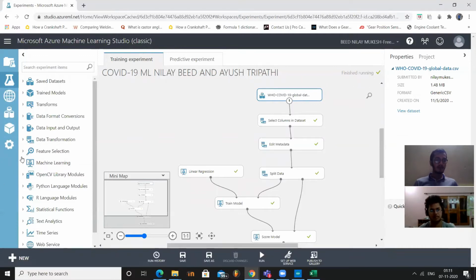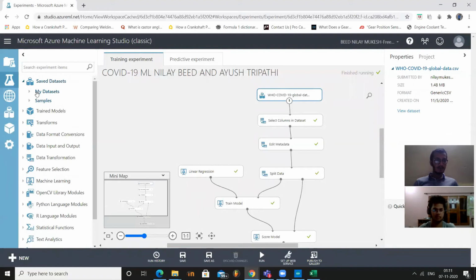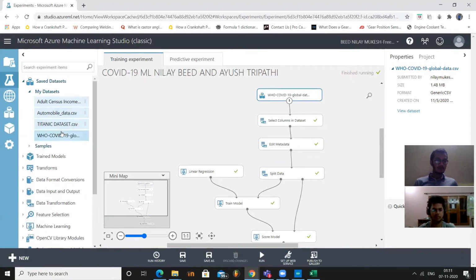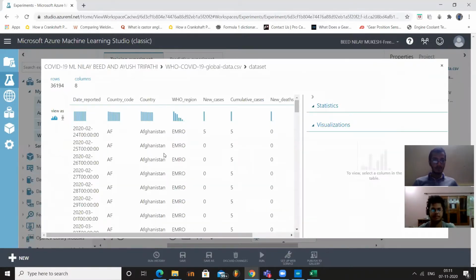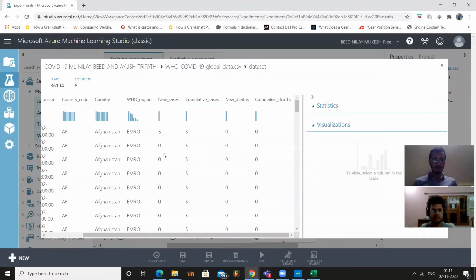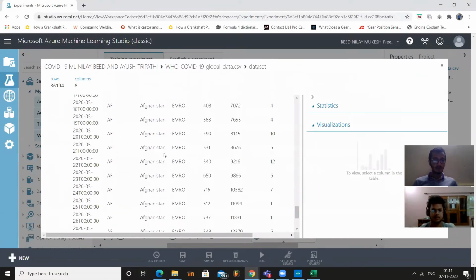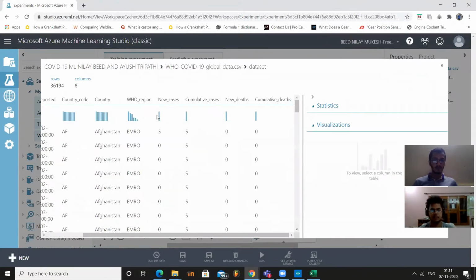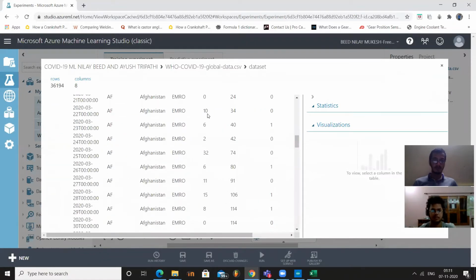After uploading your dataset, you need to come here to the experiment, go to my dataset, and select the dataset which you want to take and just drag and drop it over here. After dragging it, just right click over here and visualize. So here you can see the dataset in the form of a table, and also you see the graph of the various columns.